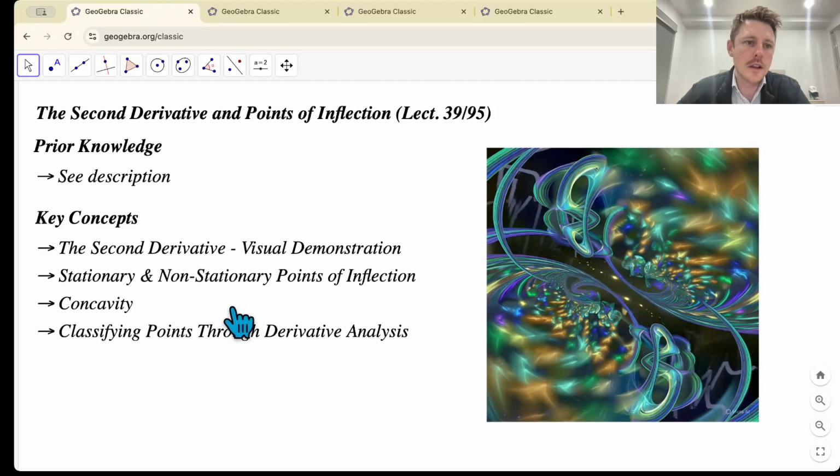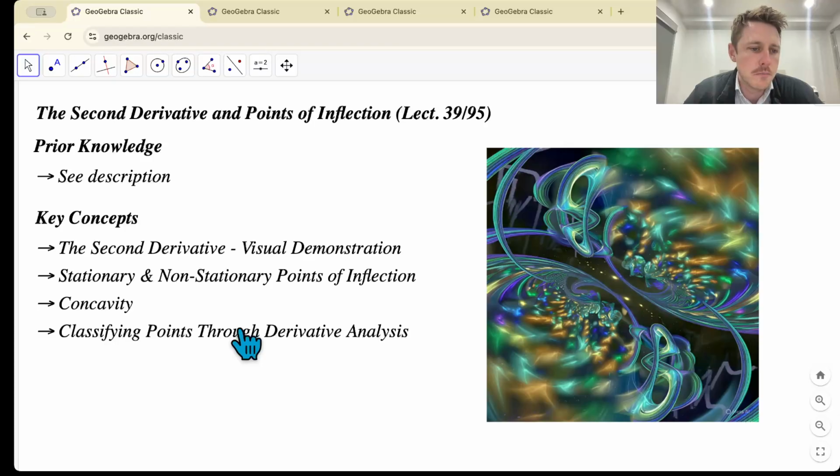Alright, so we're going to look at the second derivative and points of inflection. I'll put some prior knowledge in the description below, but lecture 37 about differentiation for specialist maths is probably a good one. There's also just a lot you need to understand about the big ideas of differentiation, so I'll